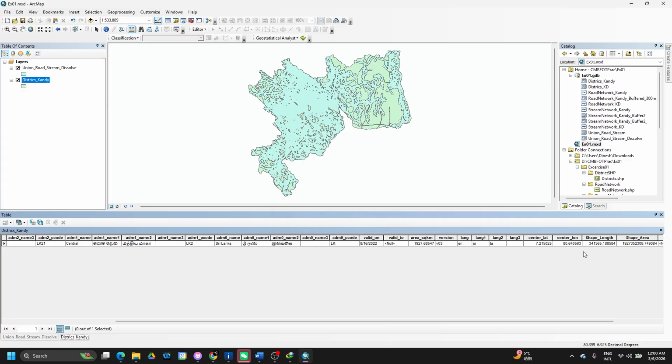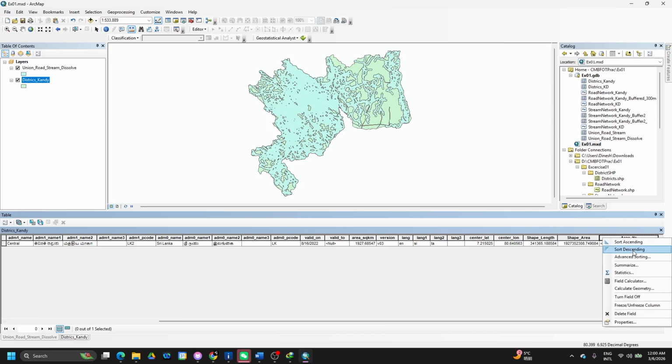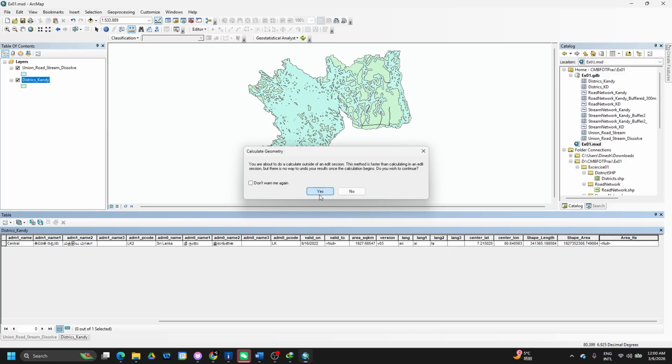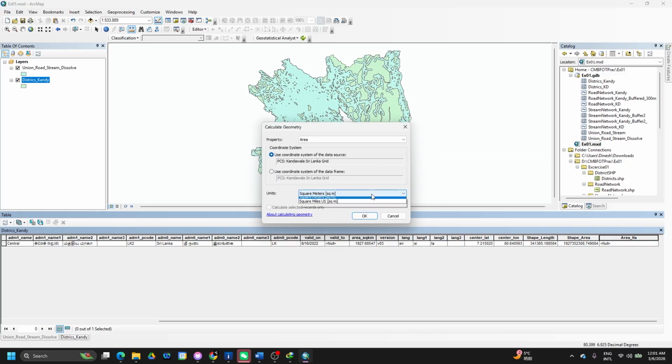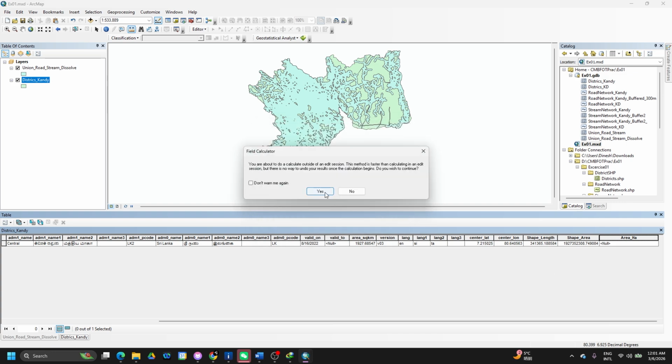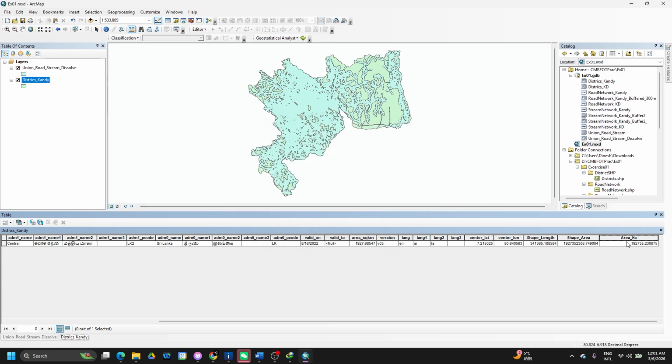Click OK. And if I right click here and do calculate geometry again, yes, area should be in hectares, yes. So the total area of the Kandy district is